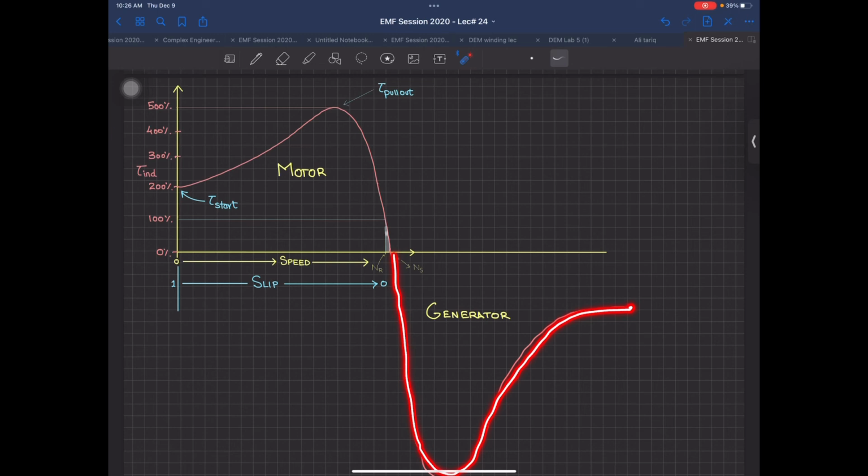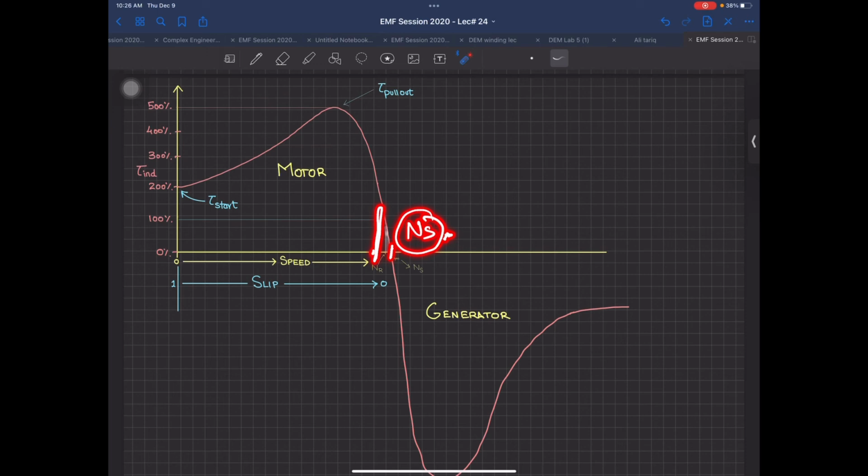अब हम कर क्या रहे हैं? Listen to this carefully. I will give like 2-3 minutes to this one. आपकी synchronous speed Ns थी जो आप प्रोड्यूस कर रहे थे. You were applying 3-phase supply. You got a synchronous speed from the stator. The rotor was moving somewhere here. आपके पास यहाँ पे इस लोड पे काम कर रही थी.